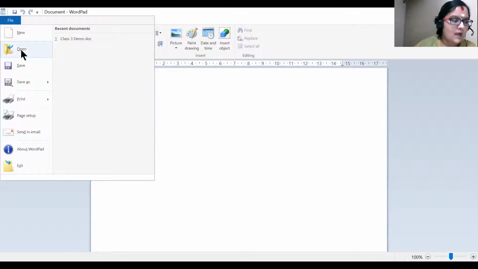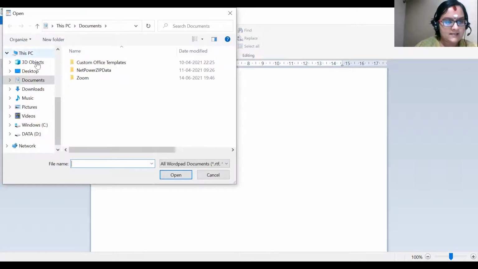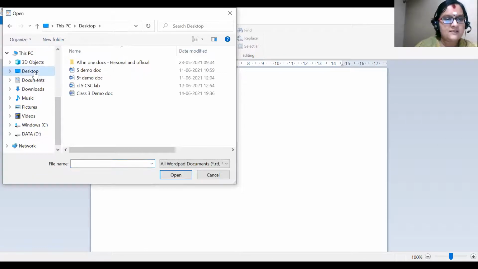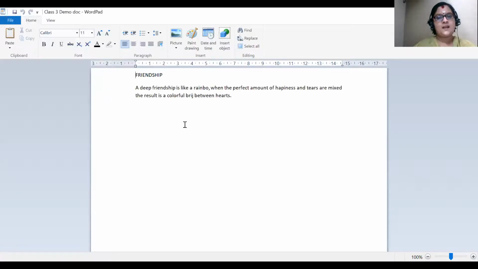Okay, so now I'm clicking on Open, and where we saved it. Yes, I have saved a demo document on the desktop, and we are going to open this. Now can you all see, once I click on the document, whatever we have saved earlier has appeared. So this is how we open a document.